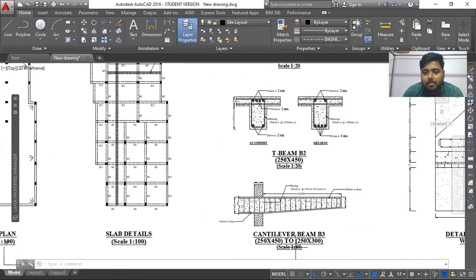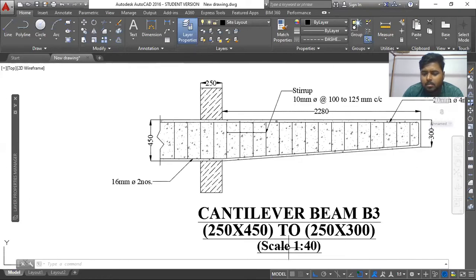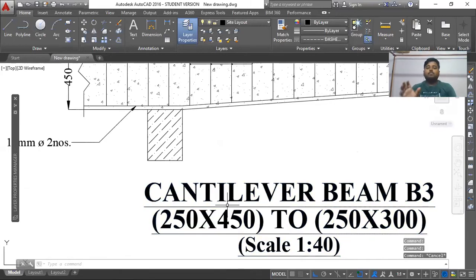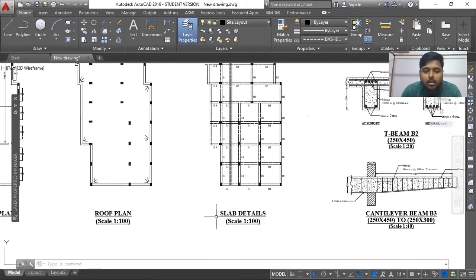Should we put each drawing on an A4 sheet and then keep them on one paper, sir? Sorry? Should we keep each drawing on an A4 sheet and then keep them on an A0 sheet? No. It depends. In your case, you are only representing the floor plan, so simply put it on an A4 sheet. For multiple drawings, how to do that? Yeah, I'm talking about that. In all my conversation, I have talked about this only.